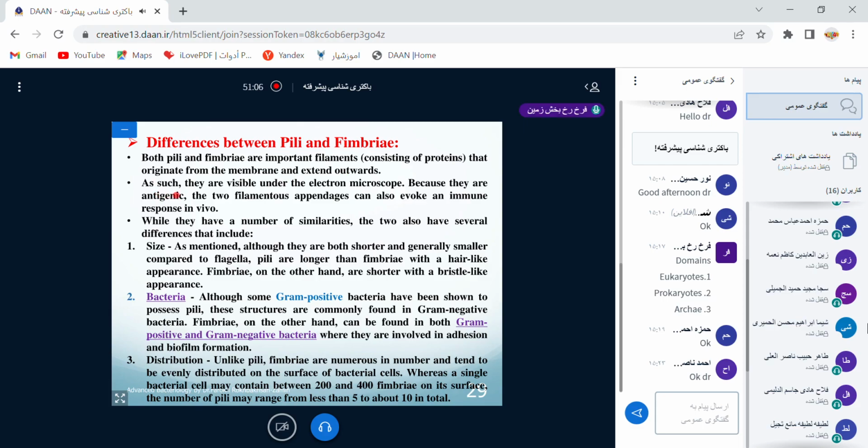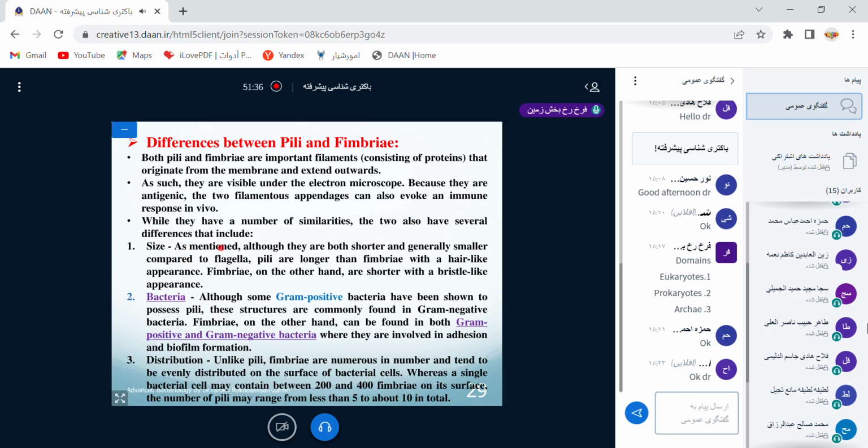As such, they are visible under the electron microscope, and they are antigenic. The two filamentous appendages can also evoke an immune response in vivo. While they have a number of similarities, the two also have several differences that include: